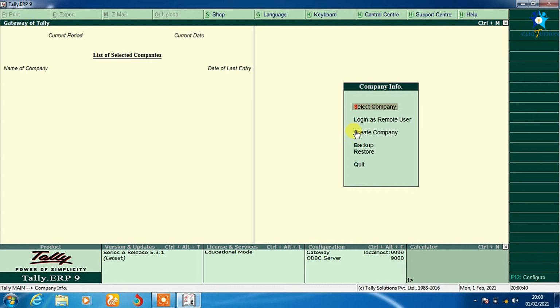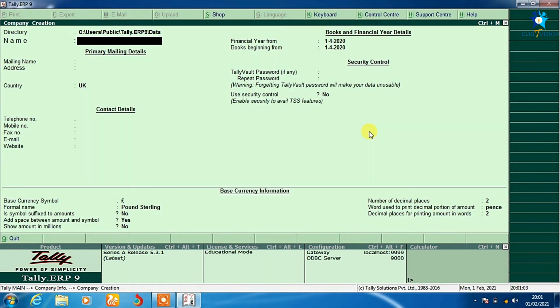It's deepened, right? So what you can do is double click on create company, or you can put the mouse pointer on it and hit it once to pre-select it, and you can decide to press enter after that, or you can simply press C on your keyboard and then it opens for you. That is why the C was deepened. It means that as soon as you press C, you'll be telling the software that you want to go and create a company. So I'm going to name this company Click